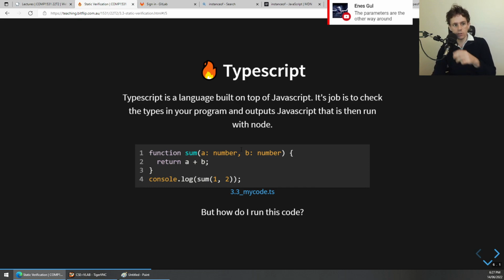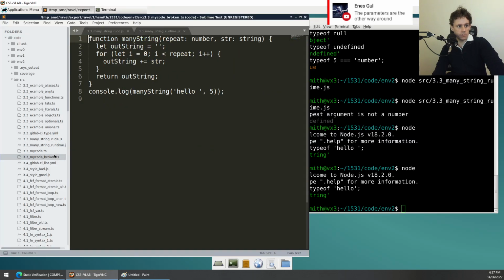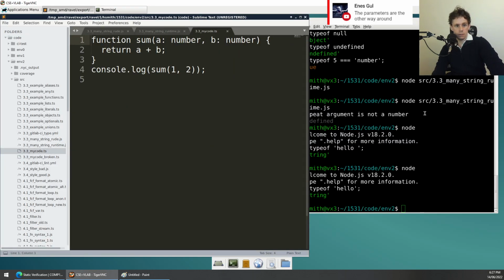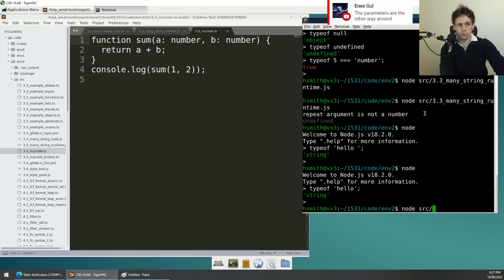But the most important question to start with is how do we run this code? We've got this code here. How do I run it? The code is sitting right here, right? How do I run it? I can't say node source/3.3